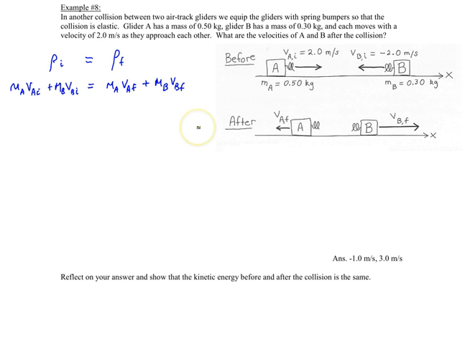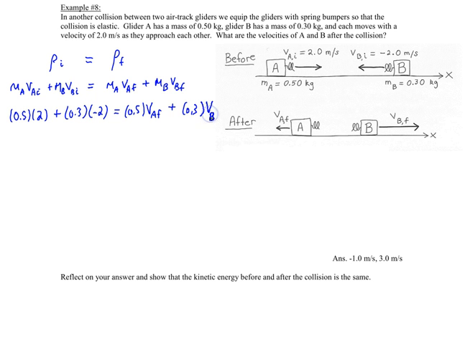So let's go ahead and substitute the numbers. We have mass A is 0.5, velocity A initial is 2, mass B is 0.3, and velocity B initial is -2, and in the end we have mass A only given, so it's 0.5 times velocity A final, and mass B is 0.3